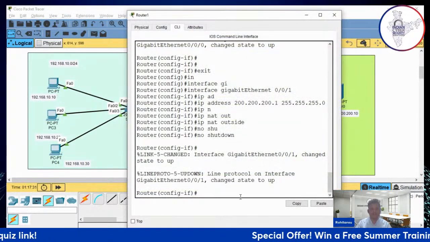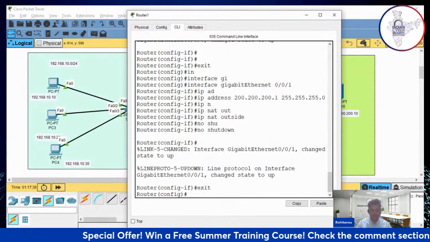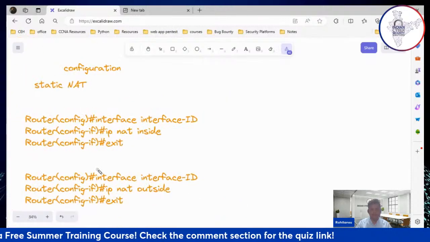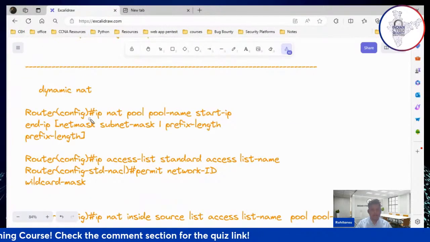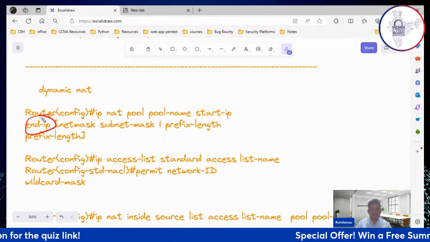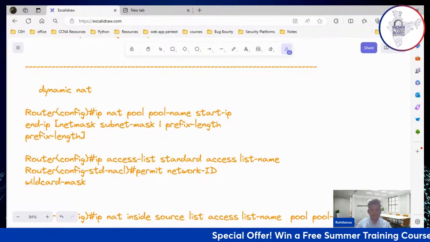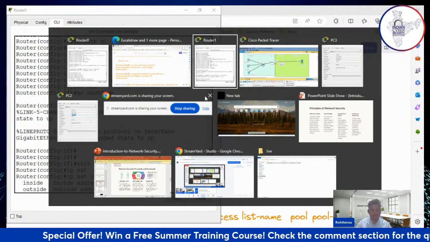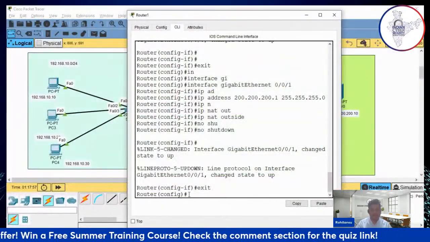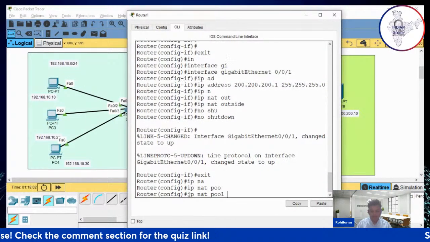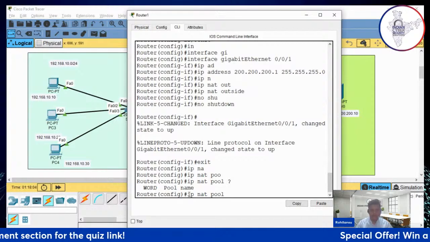How do you do the configuration now? You go to the router, exit out of this, go to normal configuration mode, and after that, to configure this dynamic NAT, you need to create a pool: ip nat pool, give the pool name, start of the IP address, end of the IP address. We go to the router, we type the command ip nat pool, question mark, give the pool name.